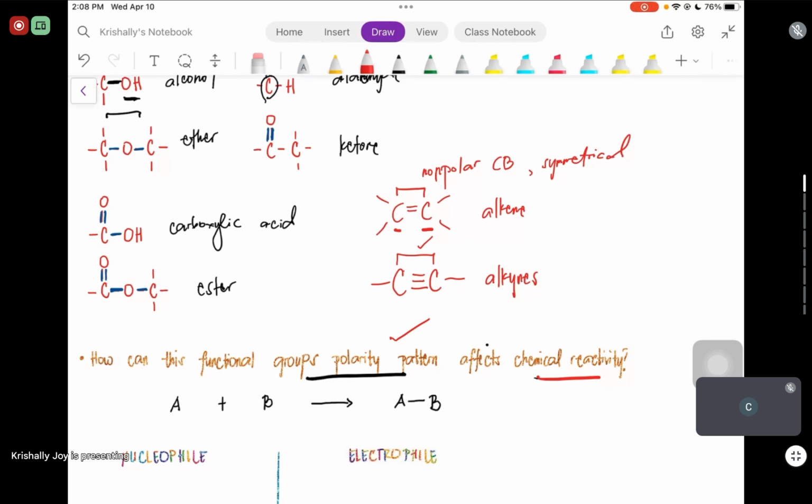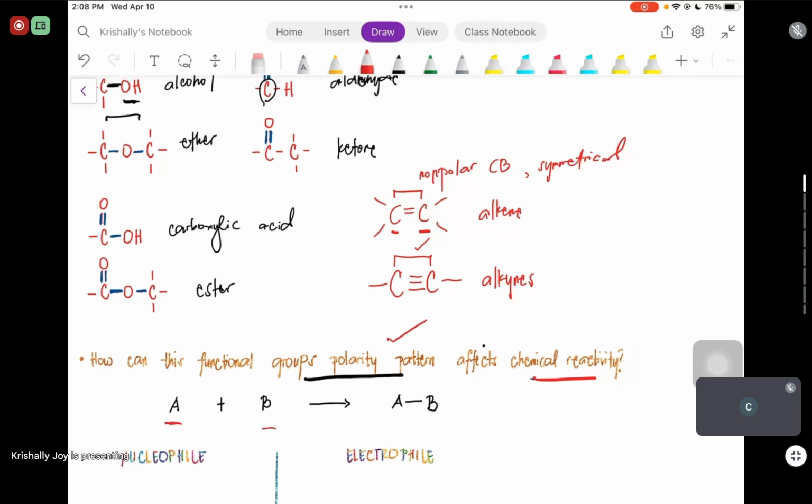That totally affects the chemical reactivity of the compound, because for one compound to form a bond, to form the product,